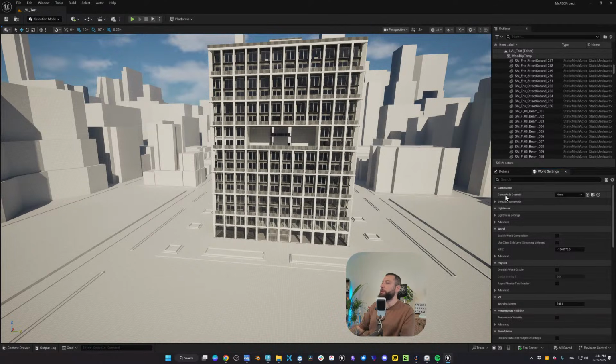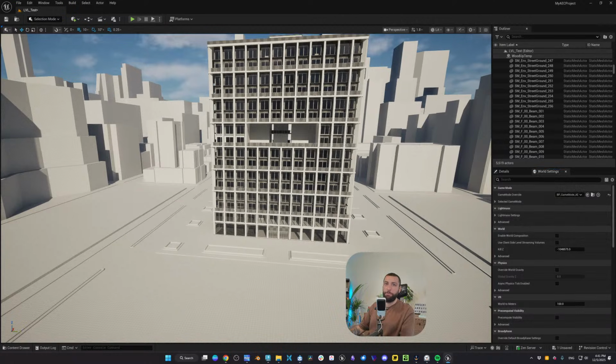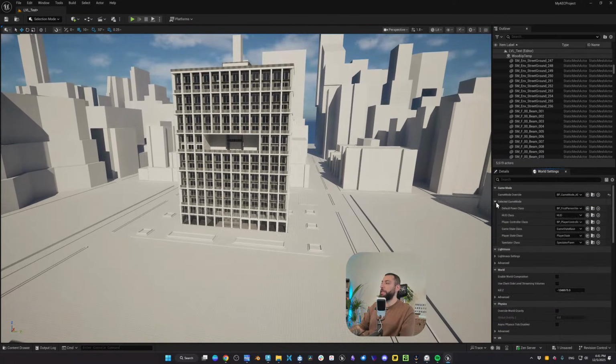So we have world settings, you have the game mode override. It's set to none by default, and you want to set the game mode AEC. So if you just type AEC, you're going to find that. And if you click on this, that's step number one. And if you click here, you will see we have the default pawn class, the first person, the player controller AEC.